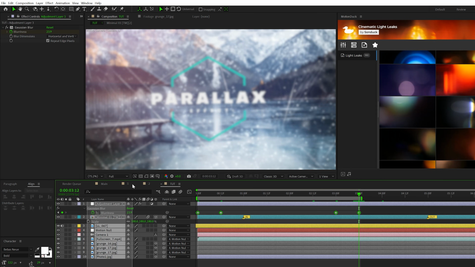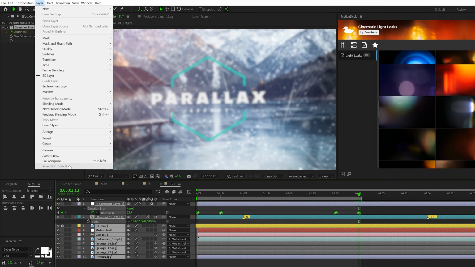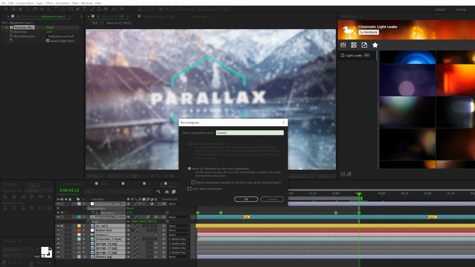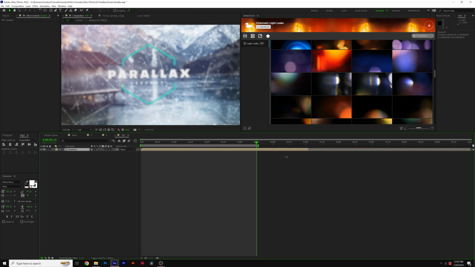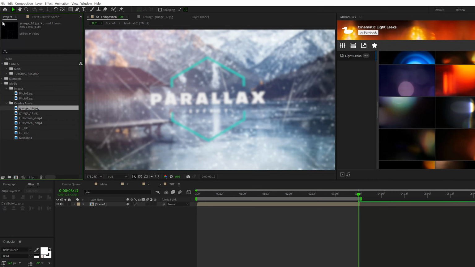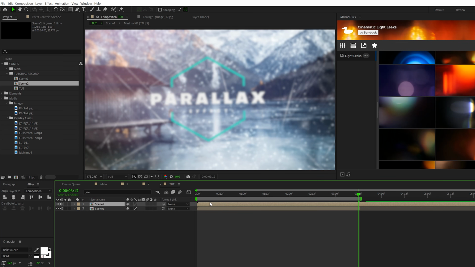Then all we need to do is take all the content that we've created and go to Layer, Pre-Compose. I'll call it Scene 1, click OK. So now we can easily duplicate this and create some additional slides. So then all I'll do is drag in our out point to right here, and I will come here to Project. I'll go ahead and search for this composition called Scene 1. I will duplicate it. I can then bring this into our timeline, push it back to that cut,